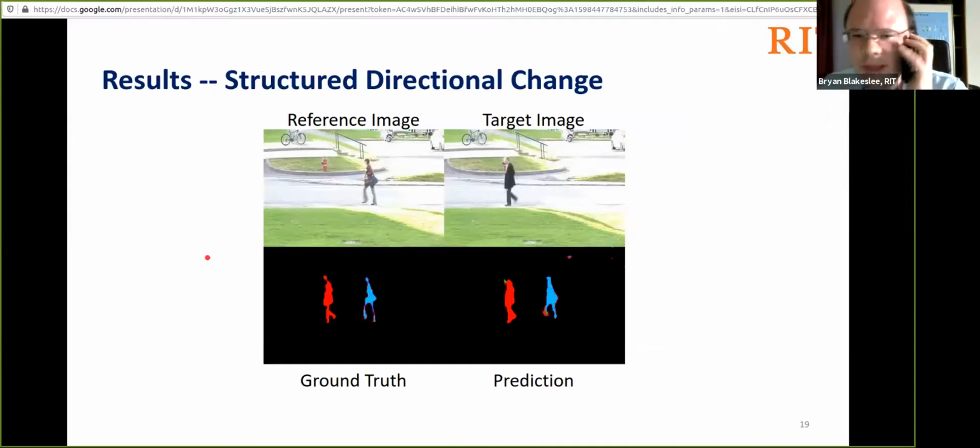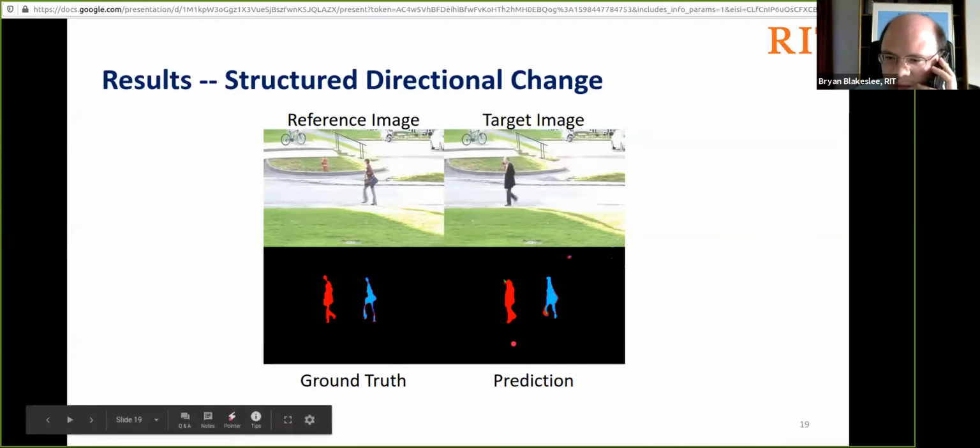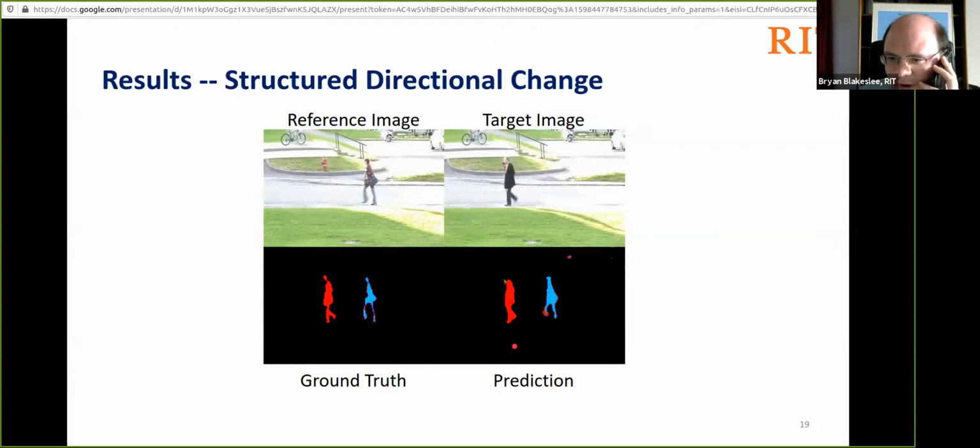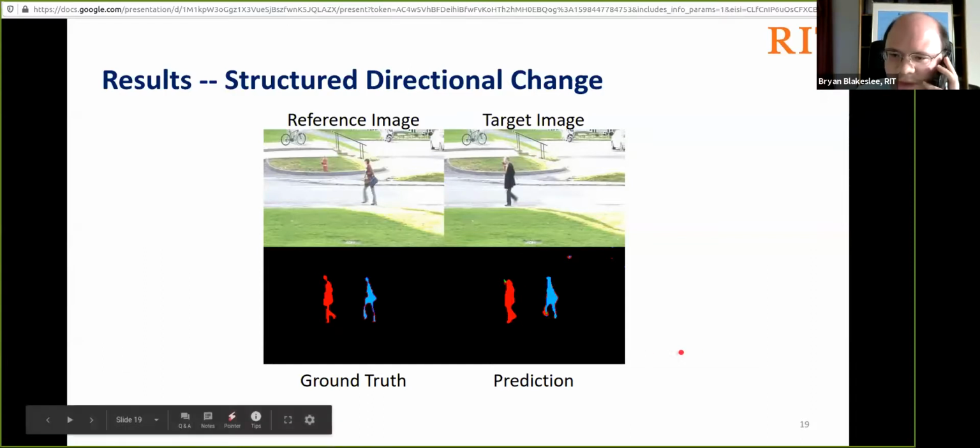So now let's actually look at some of our directional change results. Here, we'll start with just some of the simpler structural cases where we actually have specific targets of interest and we're attempting to find those in particular. And we can see here that we have an example of both additive change and subtractive change in the form of a man being added to the target frame and a woman being removed from that target frame. And we can see that the classes do actually line up as we would expect.